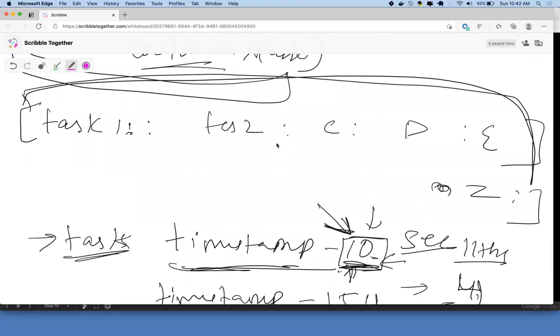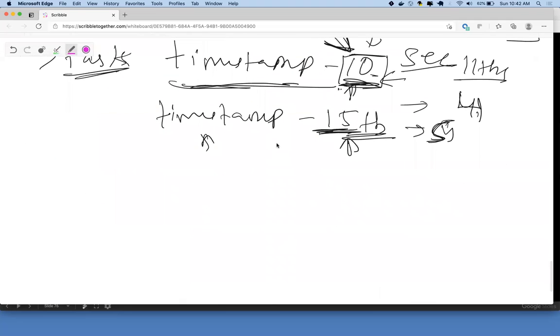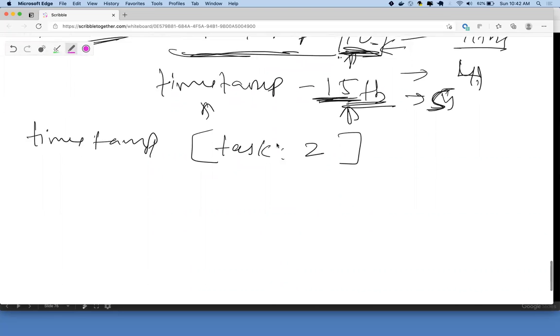So what I'm saying is, let's say you have timestamp only. For all the tasks, you are storing the task ID and the time when it got executed the last time. You don't care about the first time or the second time or the third time. Only the last time when it got executed is what you note down. Let's say it ran at 2.